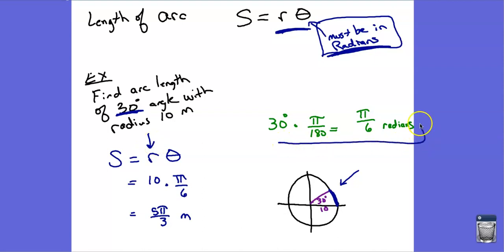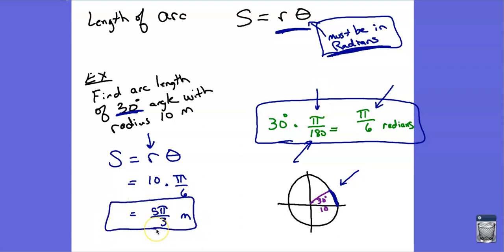So you have to convert 30 degrees to radians. And from the unit circle, you don't have to do this one because you should already know that 30 degrees is pi over 6. But if you want to convert it, remember you multiply by pi over 180, right? And that's going to give you pi over 6. So when you multiply this, you're going to get the distance of that arc